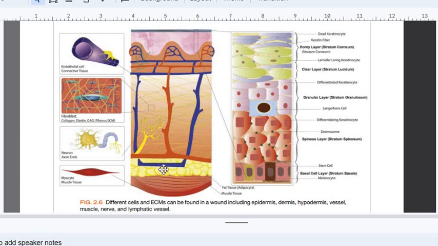This is our basic structure of the skin. The skin is made up of epidermis, which is this blue line, and this pink area. This blue line is basically the top layer of the epidermis, which is made up of epithelial tissue. Basically, there are 5 layers of the epidermis, and from this dermoepidermal junction, the dermis gets